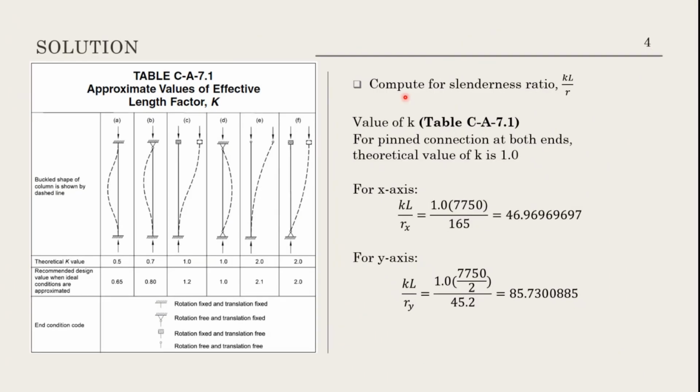So therefore, our k value for buckling about y is 1.0. Then the length of the column, we reduce that by a factor of 2, of course. So that's why it is 7750 over 2. Then we divide this by the radius of gyration with respect to y-axis. Okay, and that is